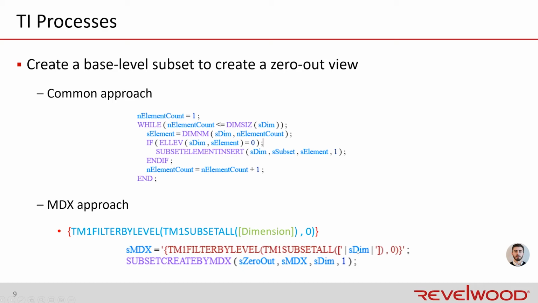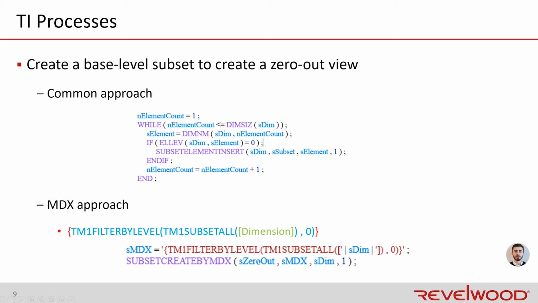So I plugged in a variable called sdim. So maybe that sdim is account or department again, what have you. That variable will get concatenated into this MDX statement, so we'll end up with whatever the result of this variable is. And then we can go ahead and say SubsetCreateByMDX, which is a TI function,